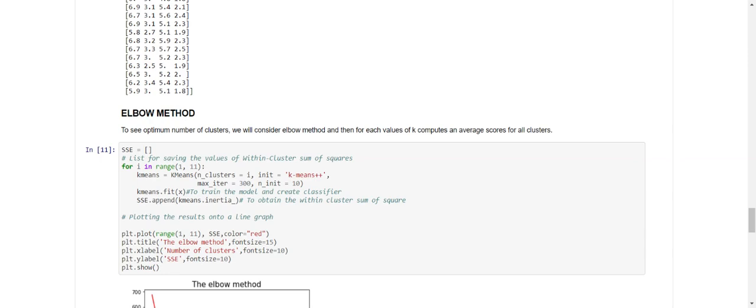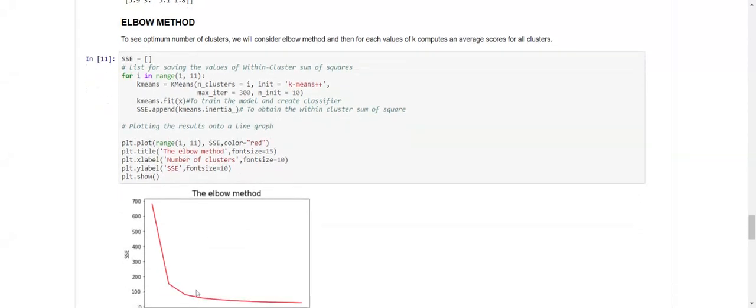Then we have given kmeans.fit, which is used to train our model and create a classifier. Then we have given wcss.append kmeans.inertia_, which is used to get the within cluster sum of squares. This is what will be used for getting the WCSS. Then we are plotting our result.